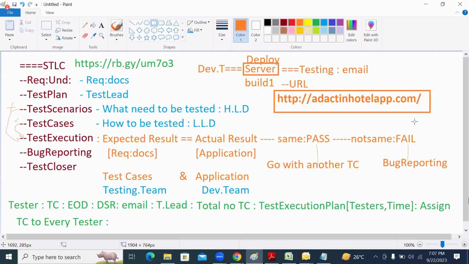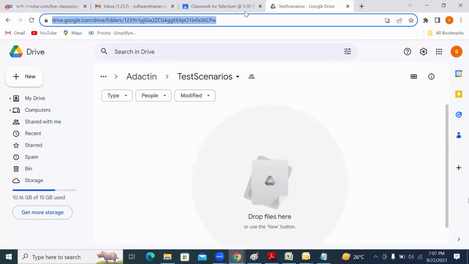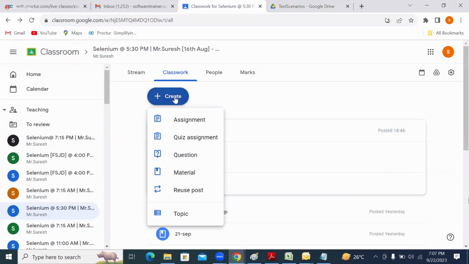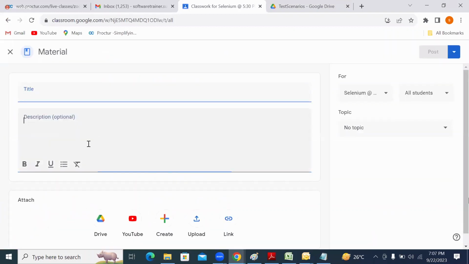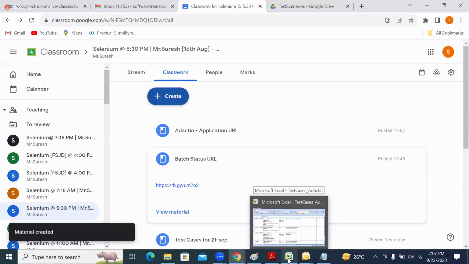So now you got the application URL. For tomorrow, your assignment: you are already having the requirement document and the application URL. Refer to both. Testing is not required yet. How to test, I will explain. But for tomorrow, what you can do is refer to the requirement